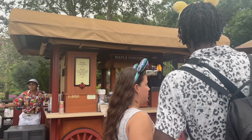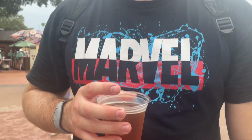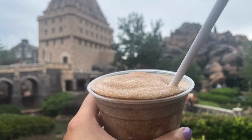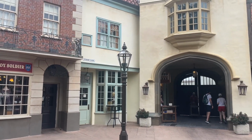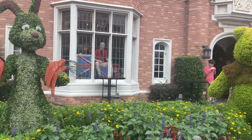We went over to Canada. Brendan got a beer from one of the booths. He didn't like it. The cast member was nice enough to trade it for him, so that was kind of nice. And then I wanted a Jack and Coke, but they had a Crown and Coke. I believe Crown is whiskey, right? Same thing. It tasted fine. It was great. And then we did some pin trading in different countries,